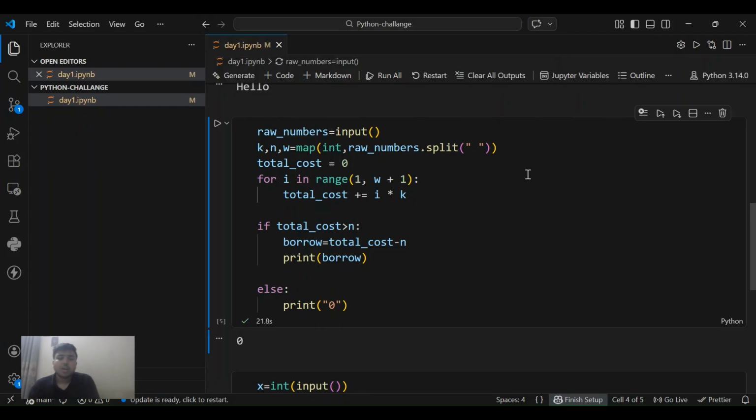And the code should calculate the amount of money the soldier should borrow from others to buy the bananas. So for solving this problem, at first